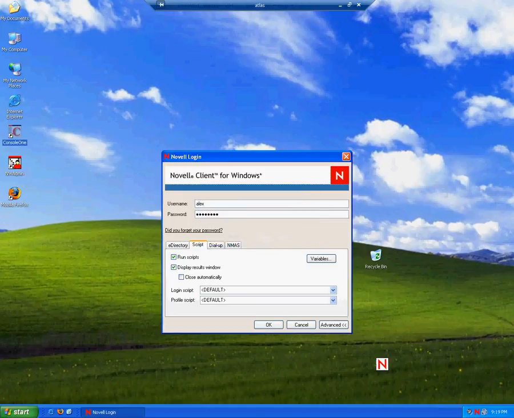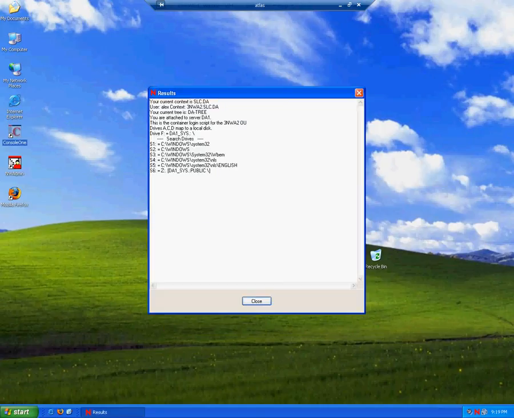As you can see, in the results window, there's a couple of different results. For example, the first 4 lines are information about the context, the current tree, and the server I'm logged into. You can see the next line is basically the message we configured to display from our login script of the